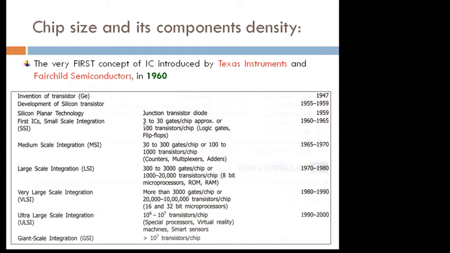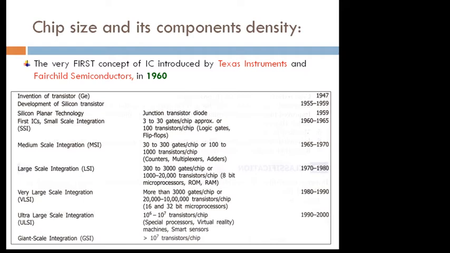So 3 to 30 gates. एक और कंपैरिजन दी गई है कि instead of gates you can also put limits on the transistor. वो क्यों ट्रांजिस्टर दे रहे हैं वो भी हम बाद की स्लाइड में डिस्कस करेंगे, because many of the other components you can utilize through a transistor. माने अगर कुछ भी ना बनाओ then just make so many transistors on the chip, and from the transistor itself